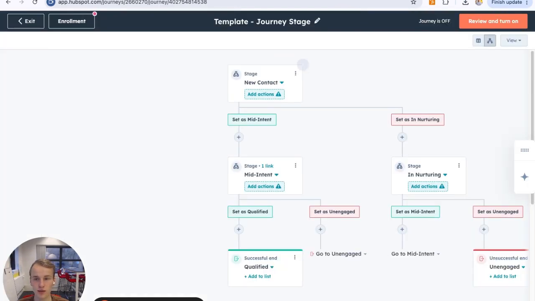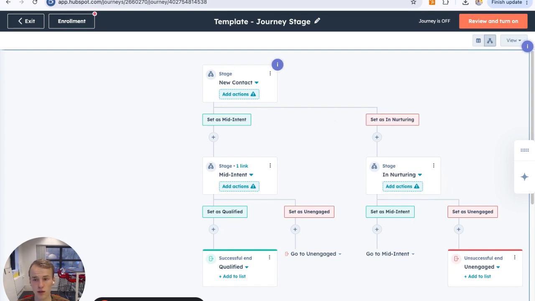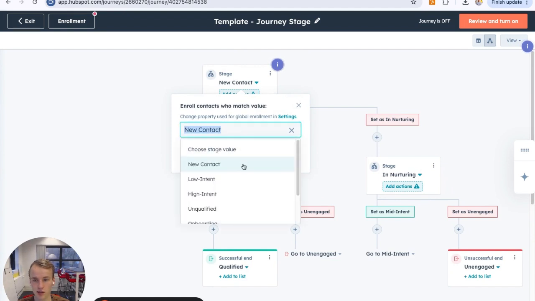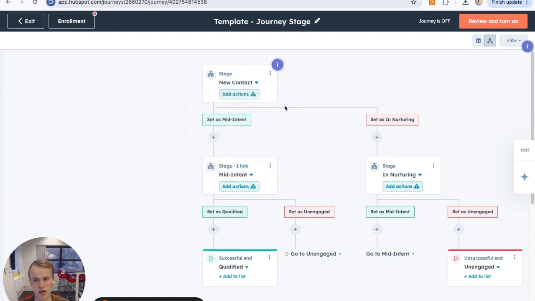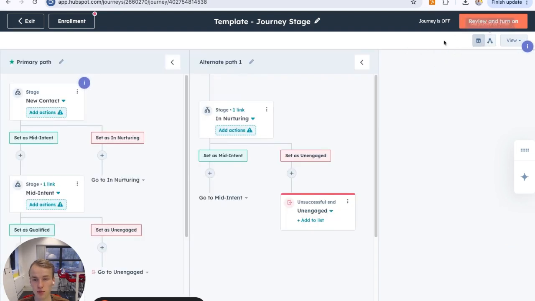So while the template is loading, we can see a whole sort of workflow actually. It's a whole flow going from stage new contact to a qualified journey at the end. So this is the new property: new contact, low intent, high intent, unqualified, onboarding, post onboarding, engaged. I'm not sure if it's that useful for a lot of cases, but it will be helpful to demo it for now. So we can move between the paths,